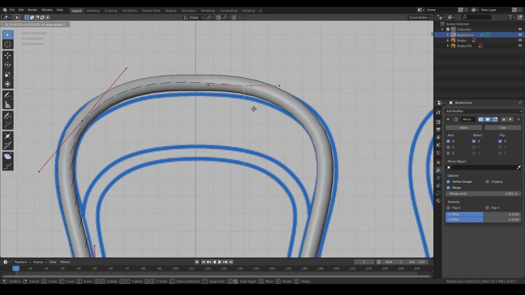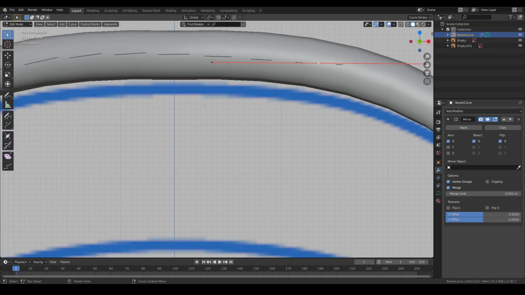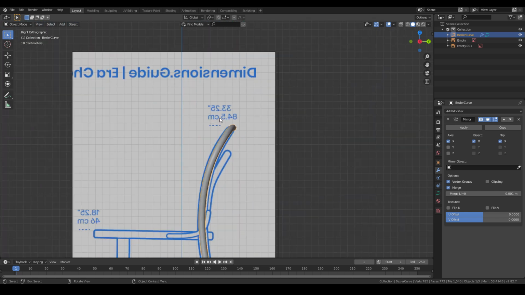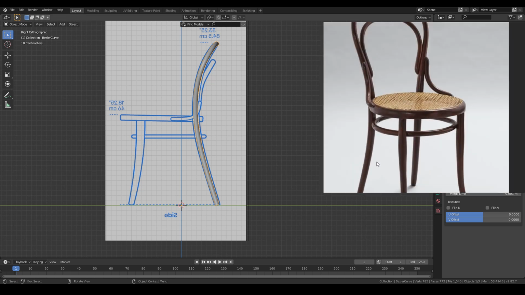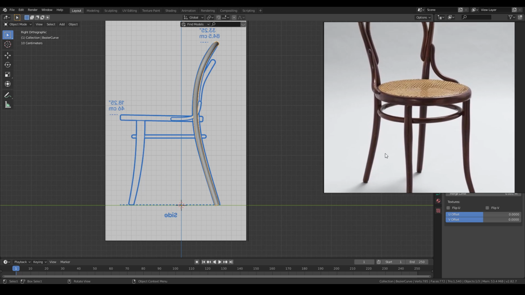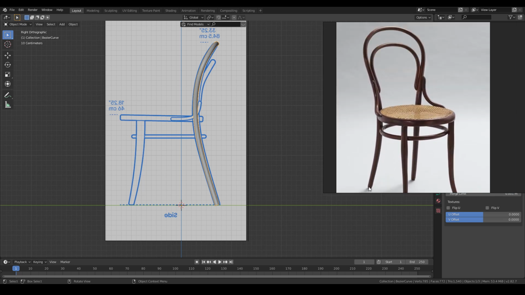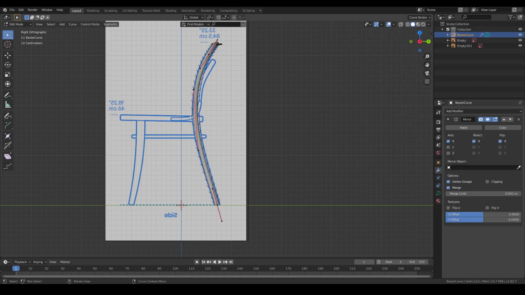So as you can see, when we put it down, you can see it's perfectly mirrored. So in this reference, you can easily recognize that this radius here is smaller than this one, and then it increases at this point, and then decreases the radius in this one, and then becomes larger again. So what I'm gonna do is choose this vertex and then choose the radius tool,